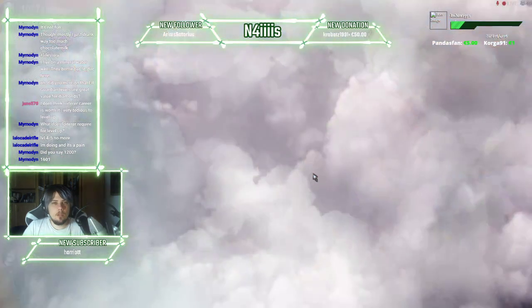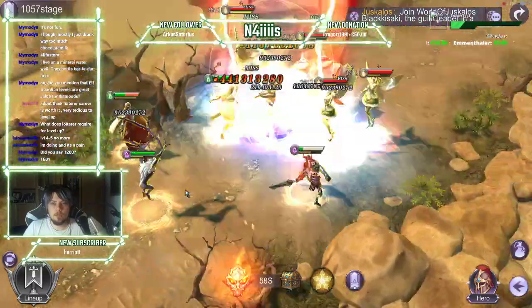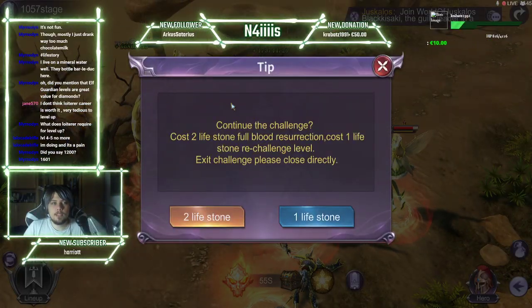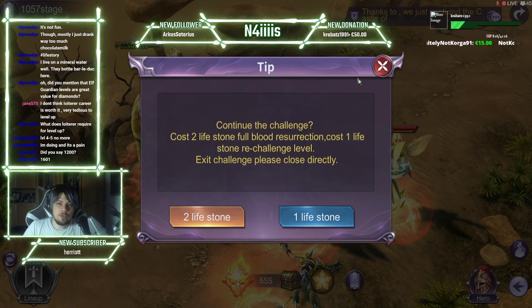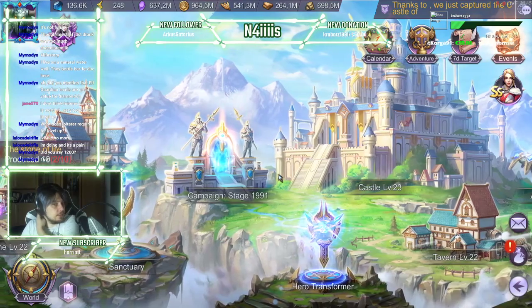Then normally you click battle, right? And then you just fight. At this stage of the game, right now I couldn't even pass this level because I only have 2 carries currently. So I could revive with 1 life stone and start this again, or 2 life stones. If I choose 2 life stones, I would actually start